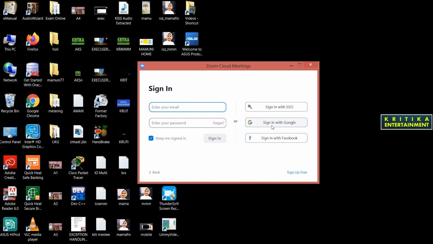Today I will tell you how to operate the Zoom. So, first thing I want to tell you is how to log into the Zoom. After you open the Zoom software, you first find three options there. Better I'll log in through Google, that means Gmail. So here I'll log in with Gmail.